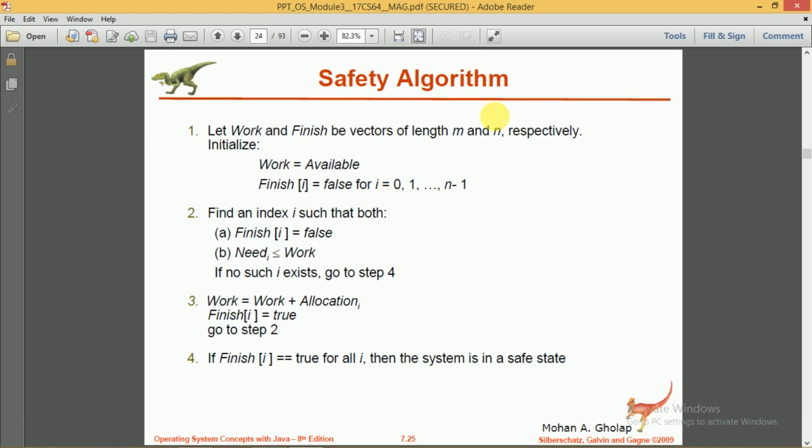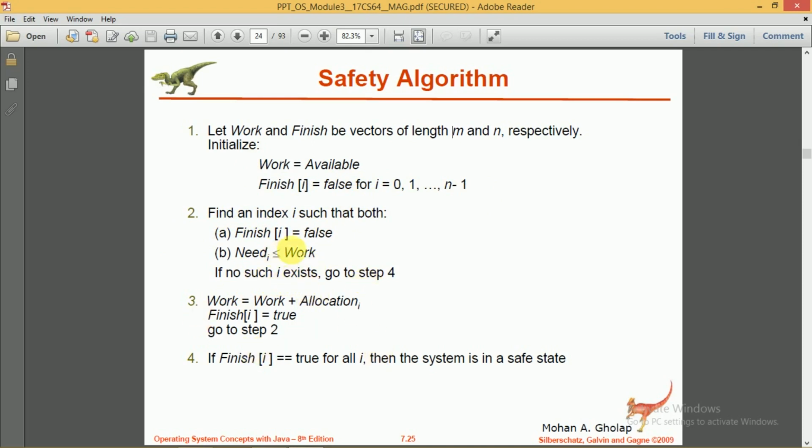In this safety algorithm, let work and finish be vectors of length m and n respectively. First we initialize work equal to available and finish[i] equal to false for all the processes, that is for i from 0 to n minus 1. The second step is to find an index i such that both finish[i] is equal to false and need[i] is less than or equal to work. If no such i exists, go to step 4.